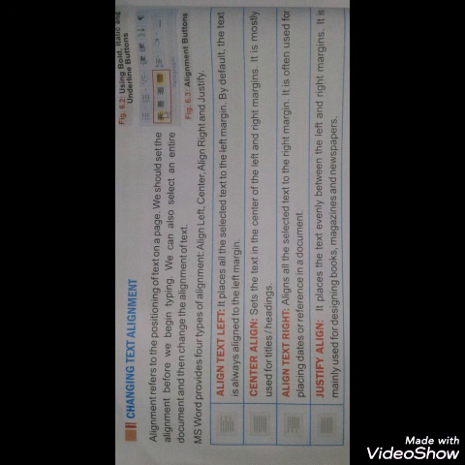Students, here the steps to change the alignment are also given. So students, to change the alignment we have to first select the text which we want to change, and then we click on the desired alignment button in the Paragraph group from the Home tab, students. Now whenever you click any one of these buttons, the alignment of the selected text will be changed. So students, in this manner we can change the alignment of the text.